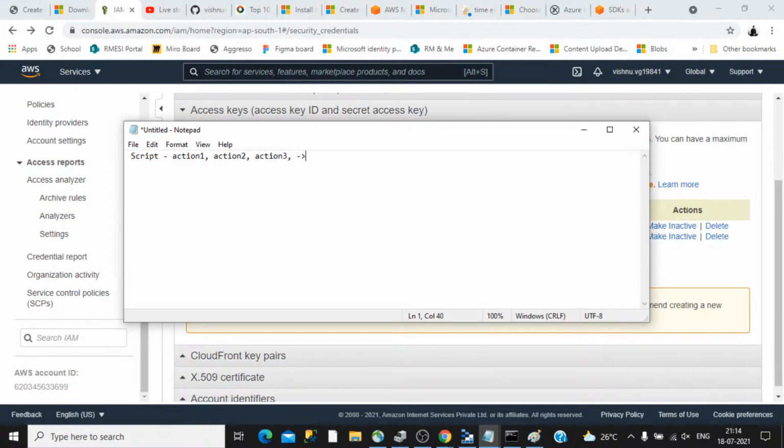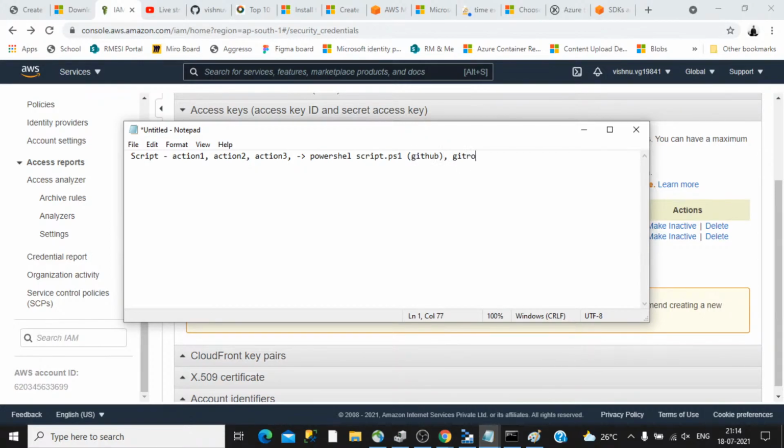You can put that in a PowerShell script, like script.ps1, and once that script is there, you can store it in some location like GitHub, or whatever repository you are comfortable with.